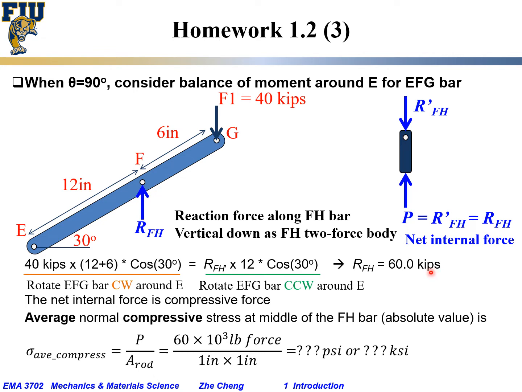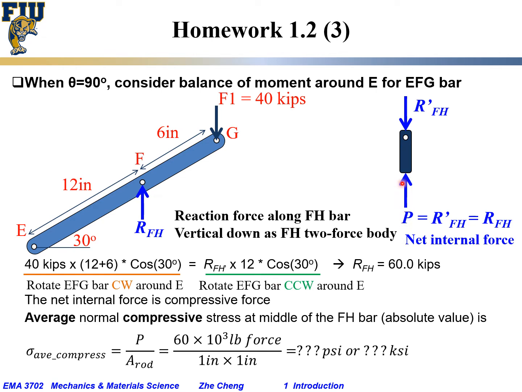Okay. And if we draw RFH onto the bar EFG, pushing it up, then for FH, the EFG is trying to push it down, and if we make an arbitrary cut within FH, the internal force would be counteracting in the opposite direction, trying to push it up, and this would be our internal force. Of course, the magnitude would be the same as RFH prime or RFH, and it's a compressive force because the internal